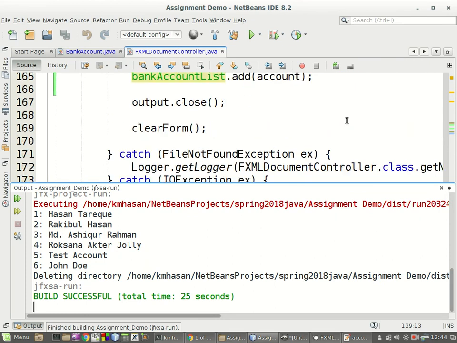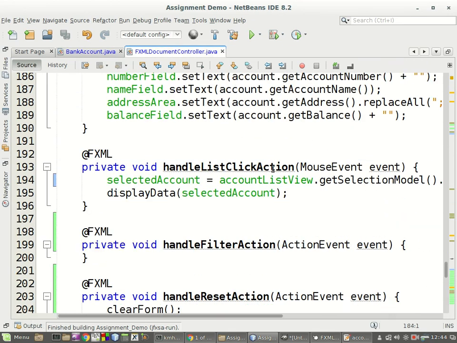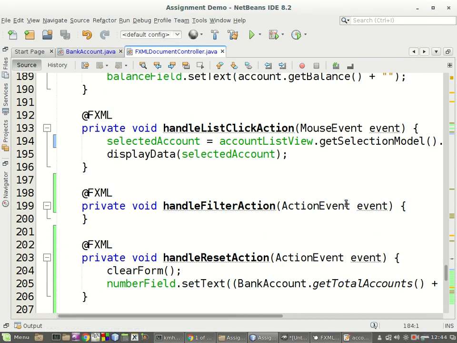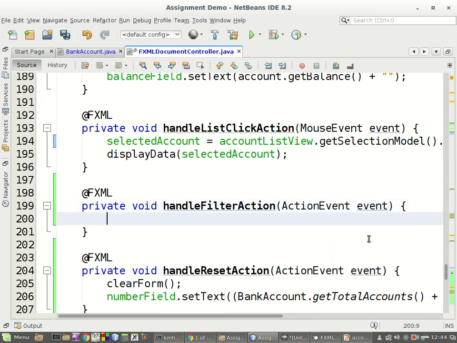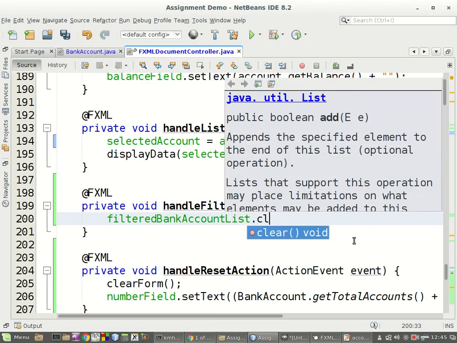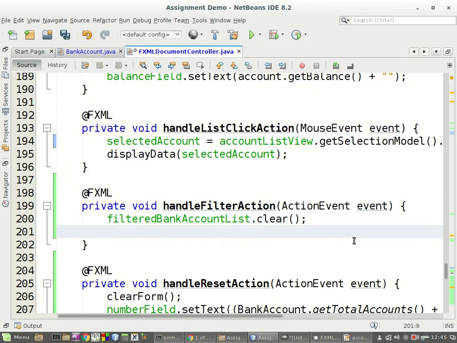We have a placeholder for this, handle filter action. Now the way we can achieve this is, first of all, let us empty the filtered bank account list. So let's say clear, and now we loop over all the bank accounts, for int i equal to 0,